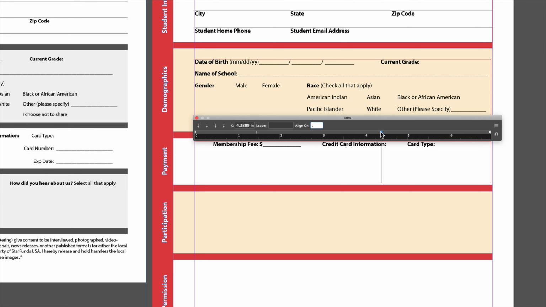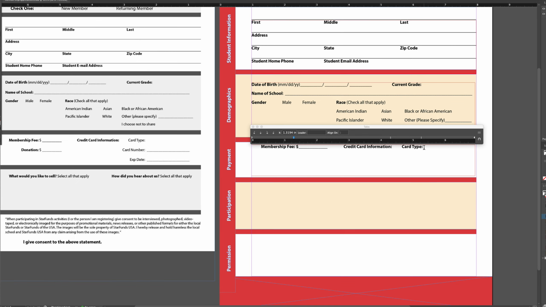colon. Let's do the same for credit card information, and then finally to card type off to the side over here. Again, you may have to readjust it to make sure there's plenty of room. But now that those 3 different areas are set, aligning it to the colon, when we type out the rest of our information, we'll hit return, tab, donation colon, space, and we can do the underscores for this one, tab